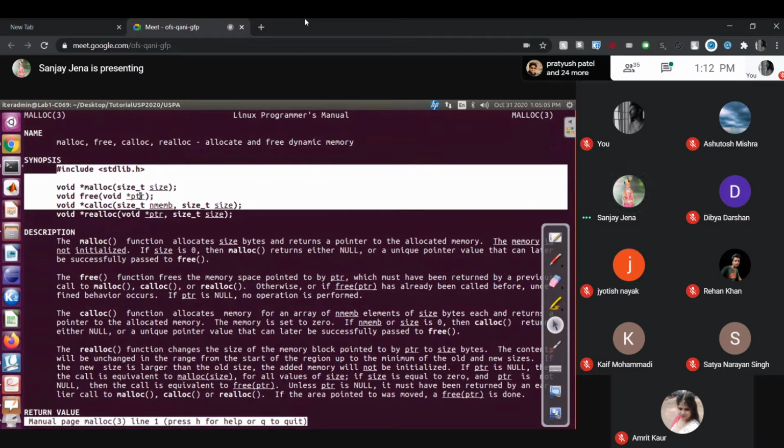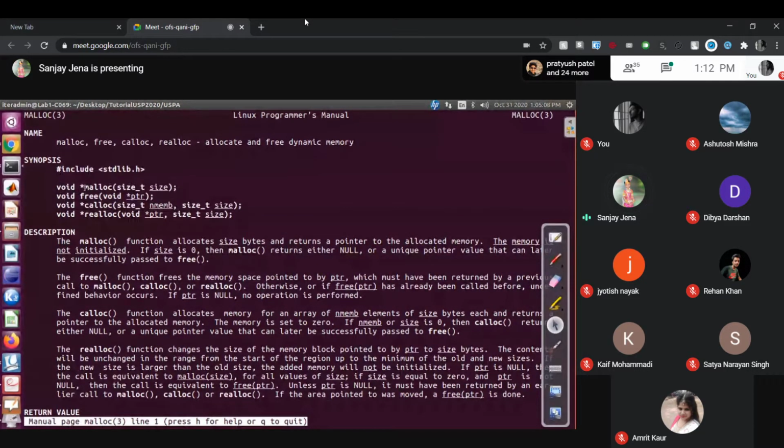Okay, done. Now look in that, this is a malloc. It returns a pointer, star. What is the type of the pointer? Void. Means generic pointer, right? On whichever pointer you want, you can typecast, and the general nature is void.